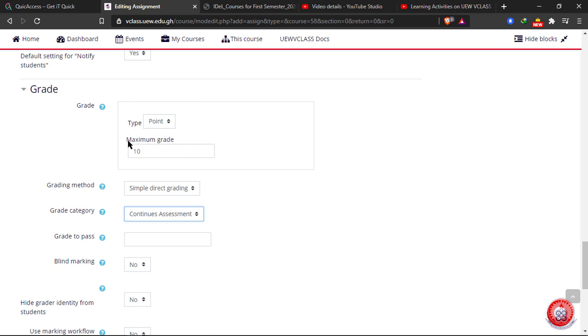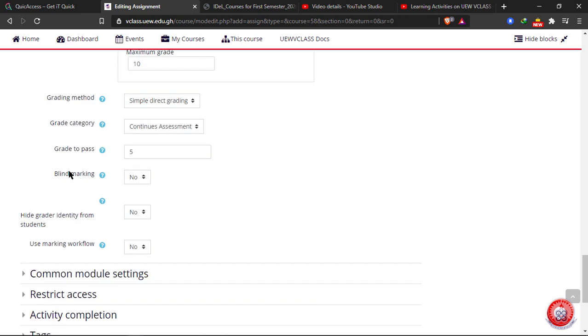Then since our maximum grade is 10, the grade to pass, I'm going to put 5 as the grade to pass. So with the blind marking, it hides the identity of the student from the teacher or the grader. So if you're a lecturer and you want to be marking without knowing the particular student you are marking the script for, you can choose